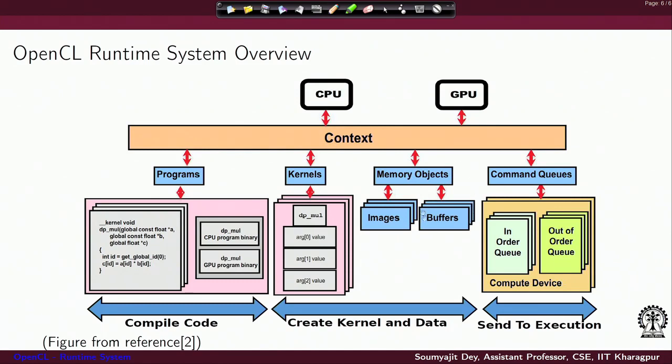So, that would be normal memory buffers. OpenCL also provides internal support for image type memory objects. So, with this you have the data read write parts ready, where to read from, what kind of data to read and where to write. You have the execution kernels ready, they are created from program objects.